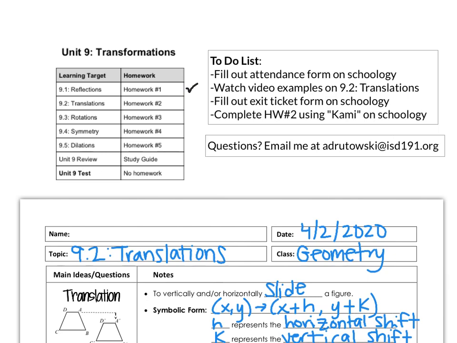Okay, so if you recall, Unit 9 was all about transformations. Remember, a transformation means that you can change the size, position, or orientation of an image. We practiced that first by using reflections. Now the next one is going to be a translation. What a translation is,